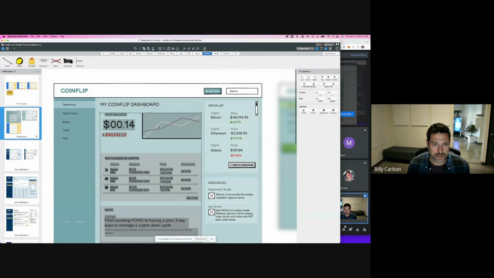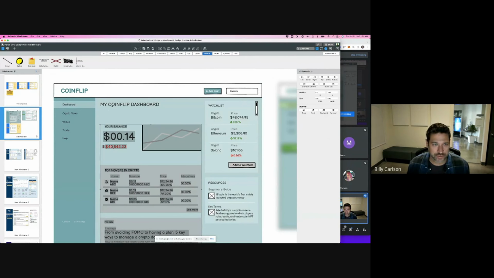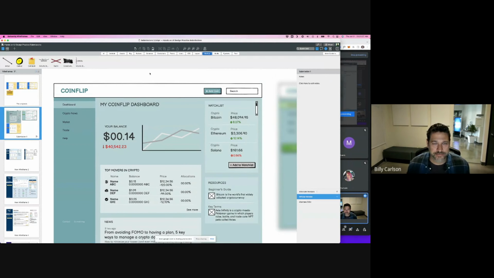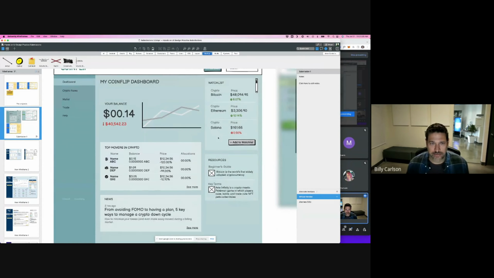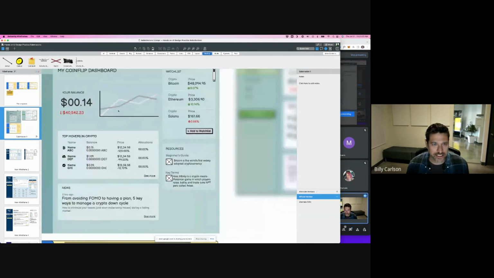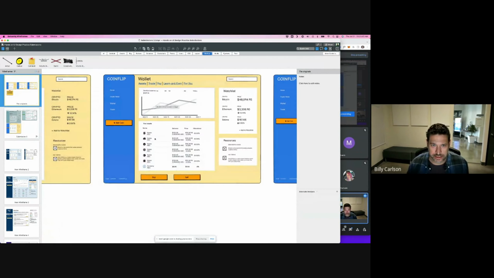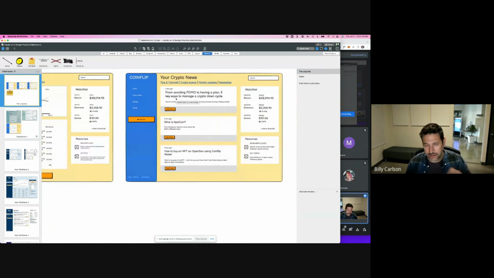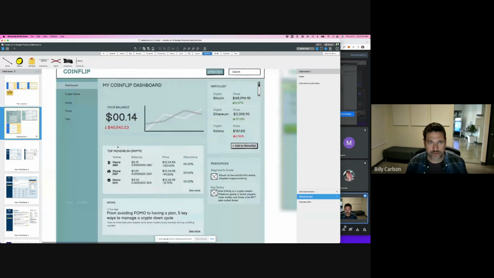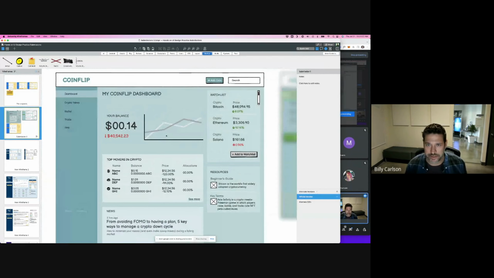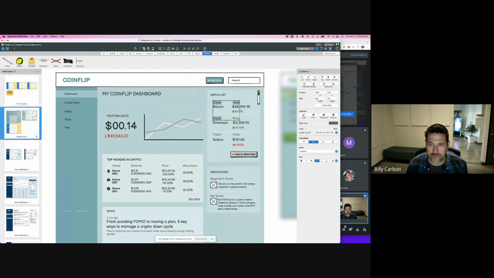I need to work on my alignments, obviously. Someone's going to call me out on it if I don't call it out. That's better. I think I need to resolve that more. But what I like about this is that I can take each of these pieces and build the other pages very easily. This page is chart and data table, right? This is reoccurring. And then this page, it's taking the news card and just repeating it, right? With a sub-navigation. So it makes it really easy once you design this first page to take those design patterns and continue them over. So I'm just going to do a few quick things that I would do just to,